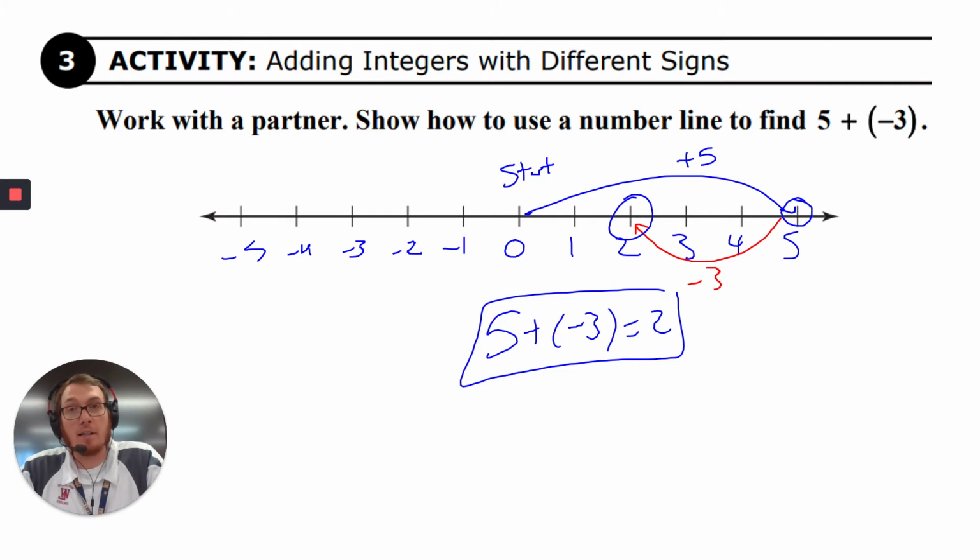Another way to look at something visually is through a number line. So I decided to do this one with a number line, to show how the number line finds 5 plus -3. All numbers start at the 0 location. They hinge from there. And plus 5 would move 5 forward. On a number line, moving to the right is going forward and positive, and moving to the left is going backwards or negative. So I go plus 5, and then I go back 3, and that will leave me